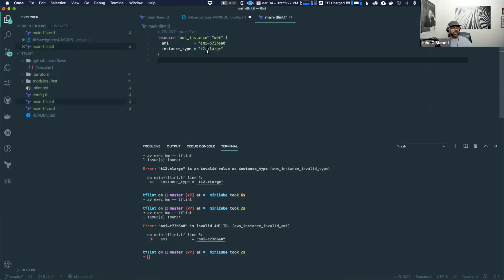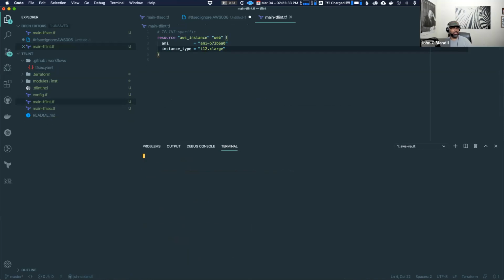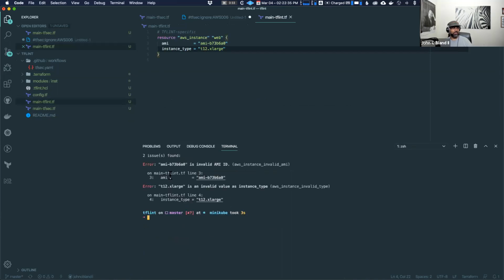Exactly, and especially with tflint here, if I just fat finger that and it's not some malicious issue, whenever I run it, I find out, oh, I actually have an issue here before I go through and apply. It's useful to find that stuff out as early as possible in terms of the software development cycle. Yep.